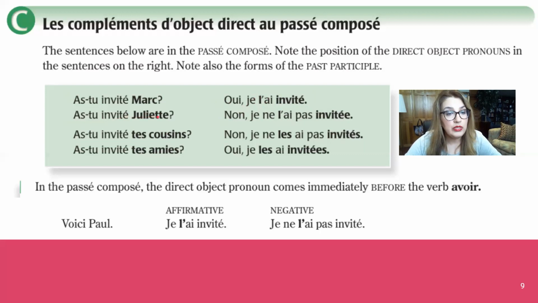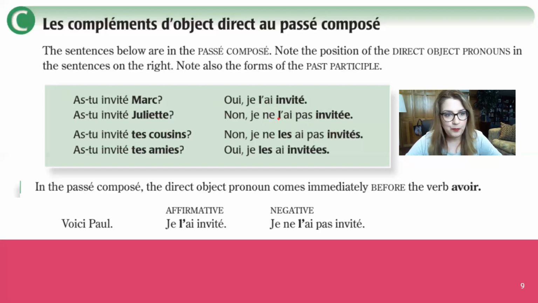As-tu invité Juliette? Non, je ne l'ai pas invité. So, no, I have not invited her. So where do we place in the negative passé composé sentence the direct object? We place it still before the helper verb. It just happens that in the negative, ne pas are around this cluster of the helper verb and the direct